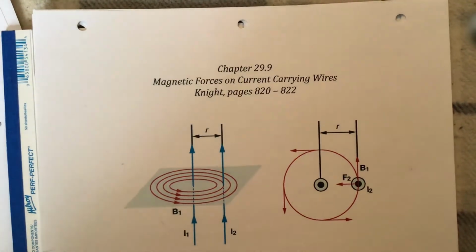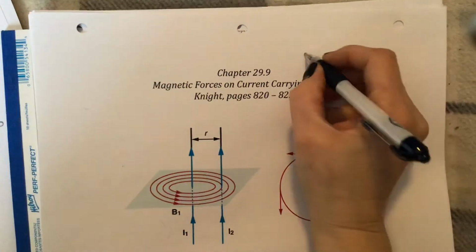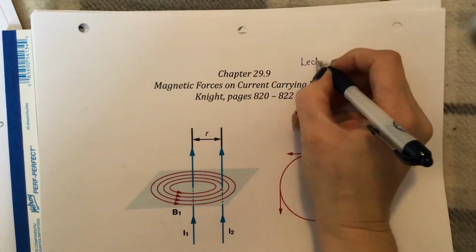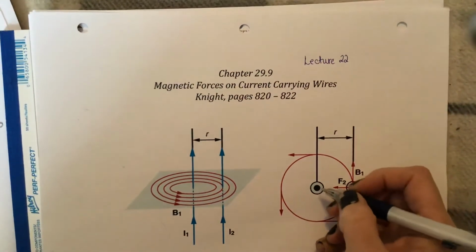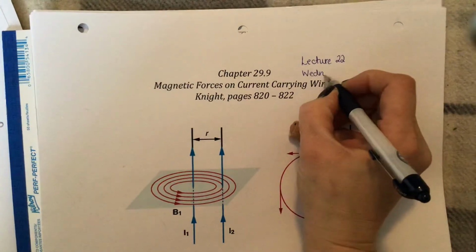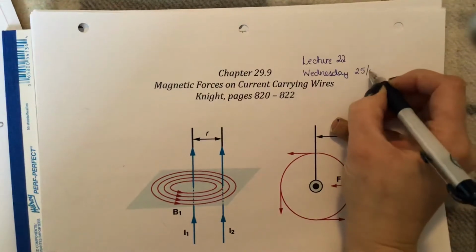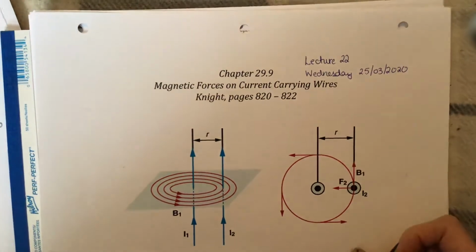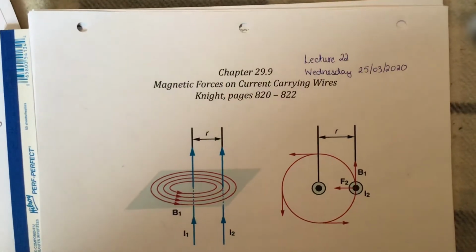So this is going to get us started on our lecture number 22. Oops, there we go. Lecture 22. And if anybody can keep track of any sort of dates anymore, this lecture is for Wednesday, the 25th of March. So what we're going to focus on here is the 9th section of chapter 29, the magnetic forces on current